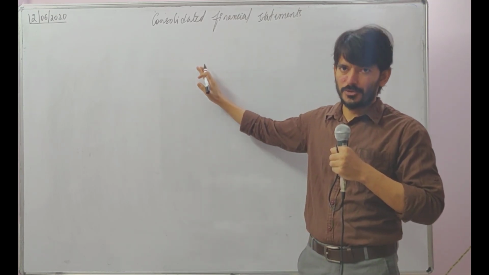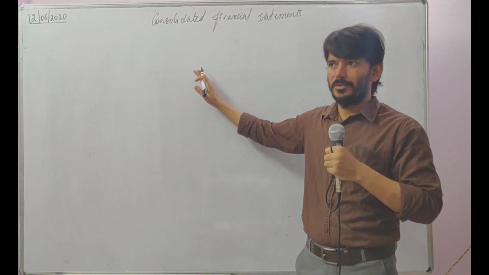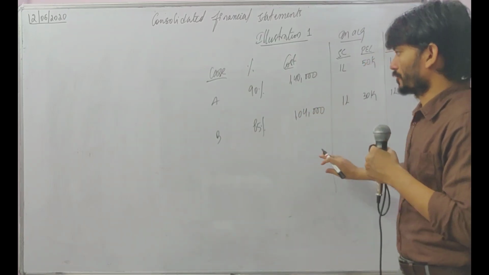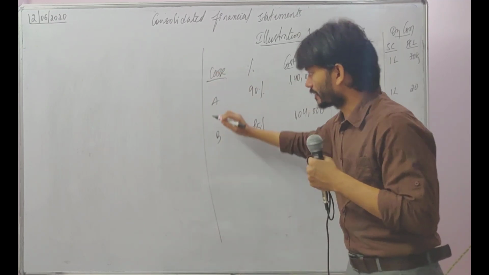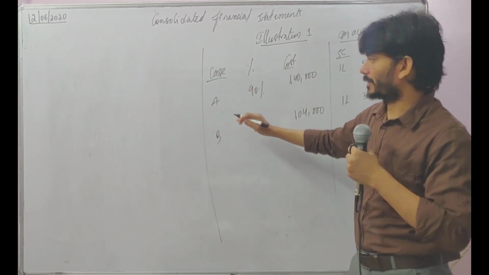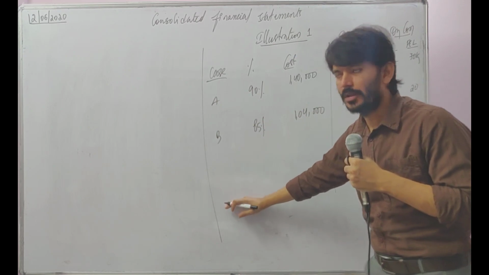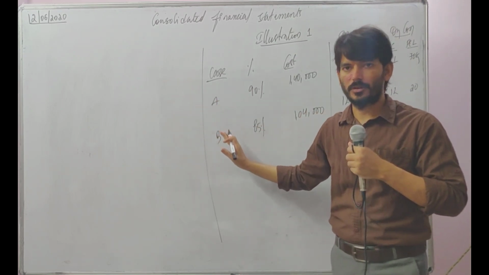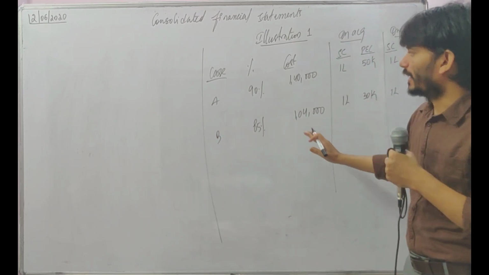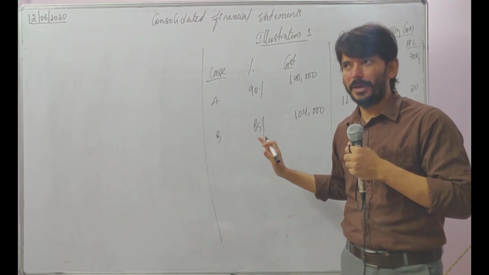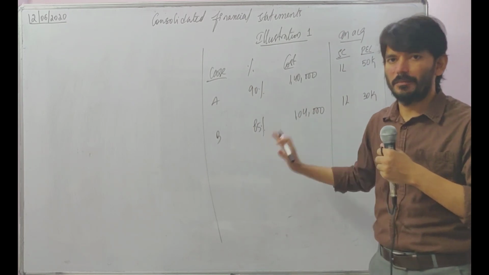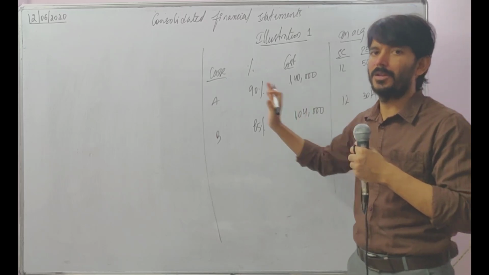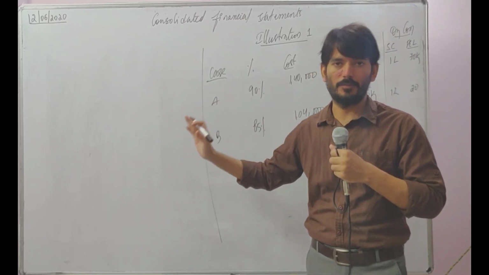If you happen to be a CA student, open your book and keep this question in front of you. Yes, I'll explain the question. There are 4 cases, like they want us to solve the question as per case 1, case 2, case 3, case 4. We will be solving 2 cases here on the board. The remaining 2 you can solve on your own. I'll explain the question, and as I keep telling in every video, it is not just the numbers. Forget about the numbers. What is the concept and how can we apply the same concept in another problem? That is something we should be really bothered about.